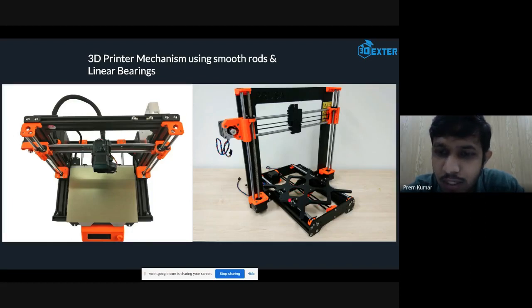And if you look at this portion, we have slots over here, 1, 2, and 3. On here there will be one slot. In these slots, the bearings are fixed so that the build platform can smoothly move on these linear rods back and forth. You can also see a small motor over here connected with a belt. The belt will be attached to the build platform so that it will move back and forth.